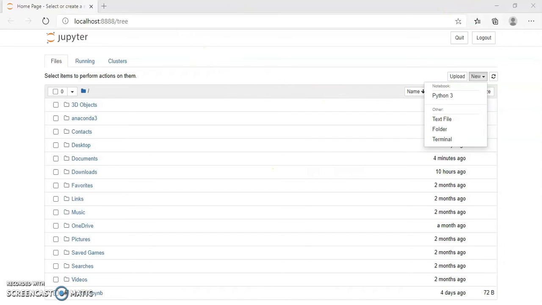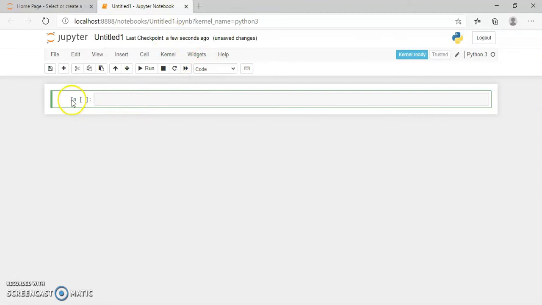For that you need to load the Jupyter window and then click on New and click on Python 3. So this is the first line. This line is called the input line. Whatever you type here will be executed or processed by Jupyter, and the output will be shown in the output window. For example, if I write 2 plus 3, it is a simple addition of two numbers in Jupyter Notebook.